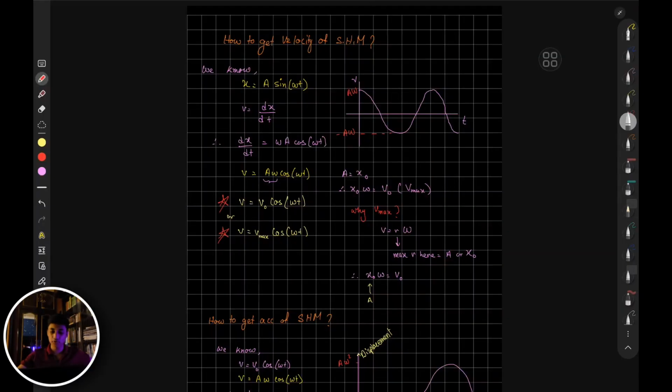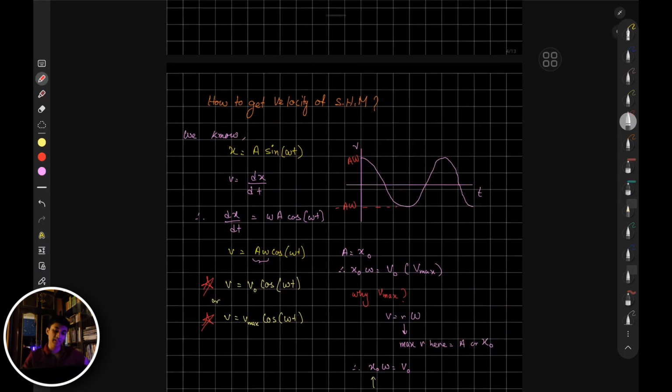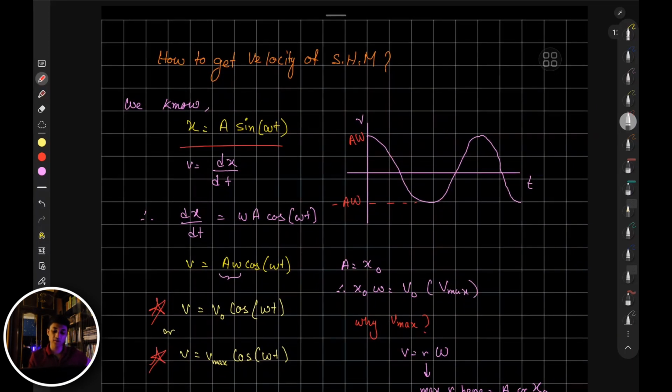Alright, so let's now try to get the equation for velocity in simple harmonic motion. Right, so what do we know? We're taking this equation, not the cos equation, for the ease of doing the derivation. So we know the equation x is equal to a sine omega t. Great. This is the equation for displacement of any graph that starts off